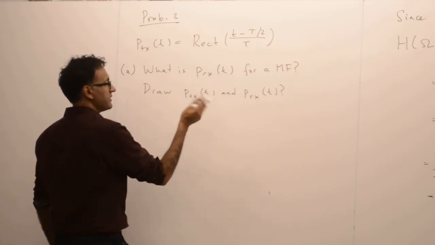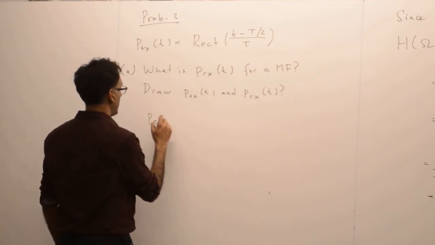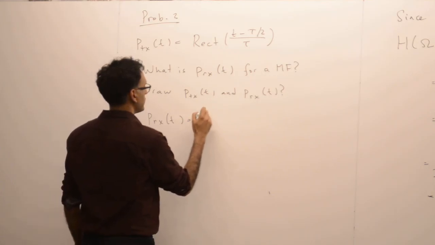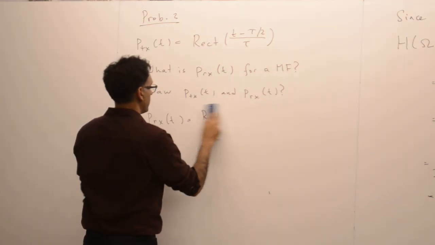So this is easy. I just go p_RX of t is a rect, I'm just writing it out, but yeah,